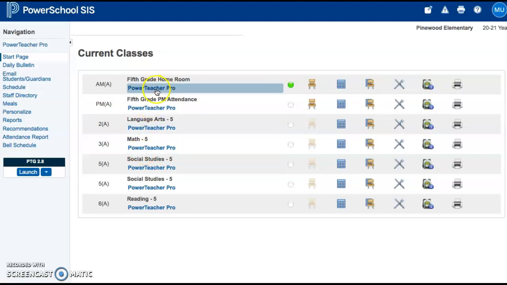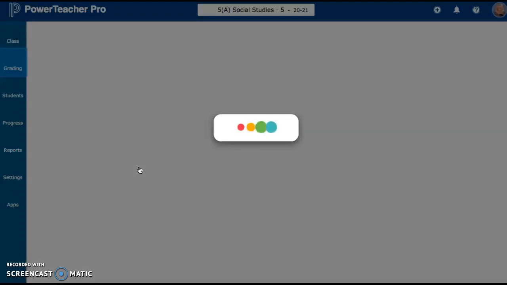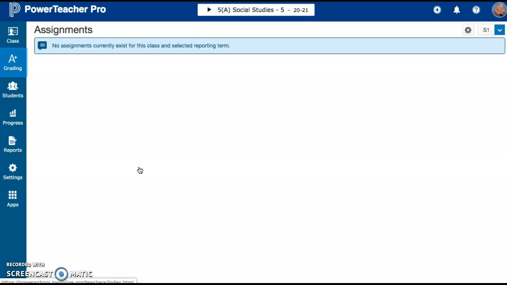Then to enter grades, if it is a social studies grade, that's the one I'm going to use because I currently don't have any grades in there. So you'll notice I have two social studies classes, and that's because I teach both of the classes at Pinewood Social Studies. So if I go into Power Teacher Pro and just click there, it'll open up right to an assignments page. I currently have no assignments in there, so I just click this plus sign, and I choose that